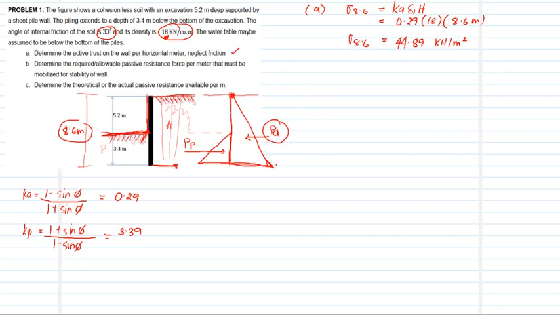So, nasolve na natin ito, yung pressure natin at 8.6, makukuha natin yung PA. Tingin lang kayo dito sa triangle. So, para sa PA, that is equal to 1/2 of the pressure at 8.6 multiplied by the height. That is also equal to 8.6. So, substituting our values here, we have 1/2. That is 44.89. And yung height natin, that is 8.6. So, yung magiging PA natin dito is equal to